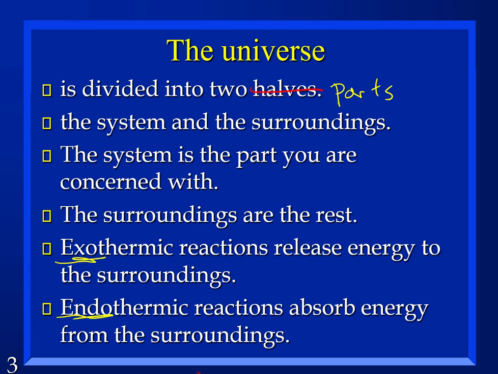So, a Bunsen burner burning. Okay? Endo or exothermic? Okay, so we're taking the Bunsen burner's point of view. From the Bunsen burner point of view, that flame burning is giving heat out. If I stuck my hand there, I'd get burned because my hand is not part of the system. My hand is part of the surroundings.